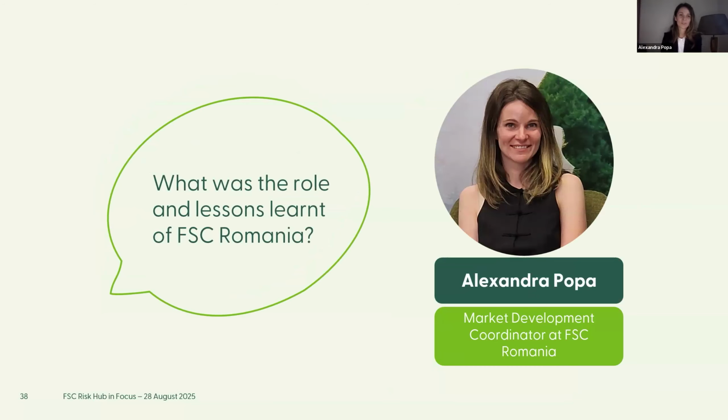Sure. Thank you, Dori, for the question. First, let's see what the risk assessment framework says about the role of the network partner. If we refer to the centralized processes, network partners and national representatives contribute from the very beginning to the selection of the consultants together with the FSC Policy and Performance Unit.